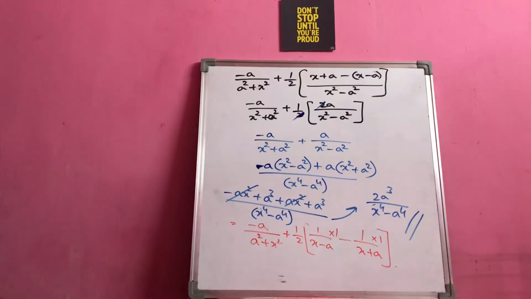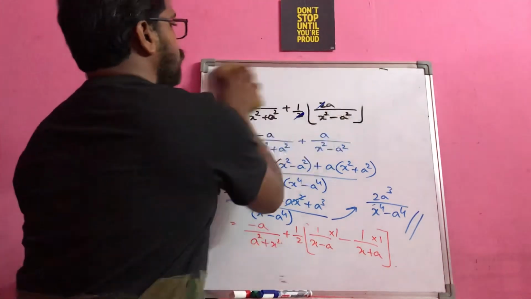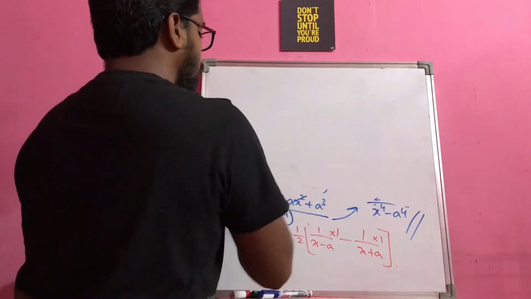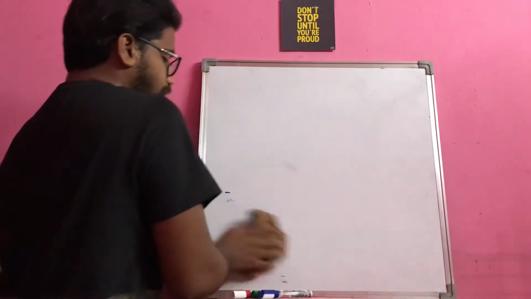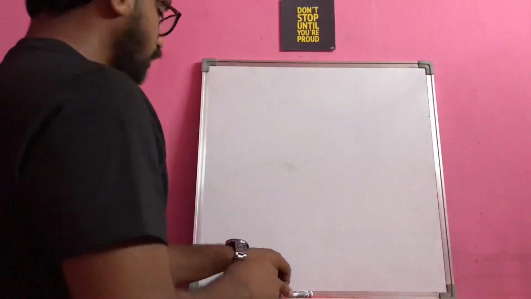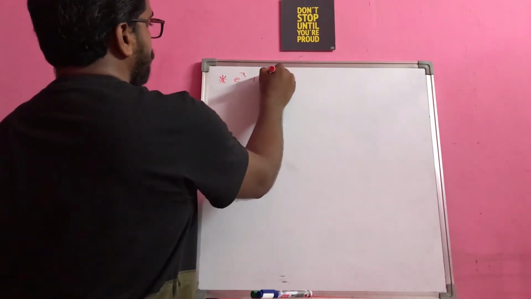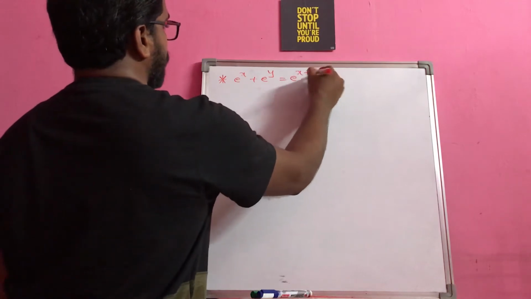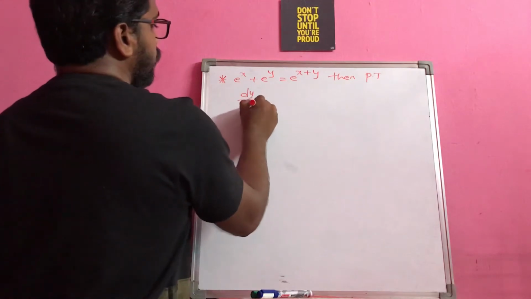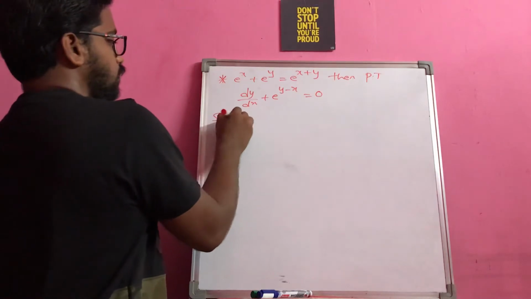These are the few things that you have to keep in your mind whenever you are having logarithm functions involved here. Okay, now let us see one more simple question, and it is also a possibility for 2 more questions actually, because it's a simple exponential based question. Take down this. If e power x plus e power y is equal to e power x plus y, then prove that dy by dx plus e power y minus x is equals to 0.